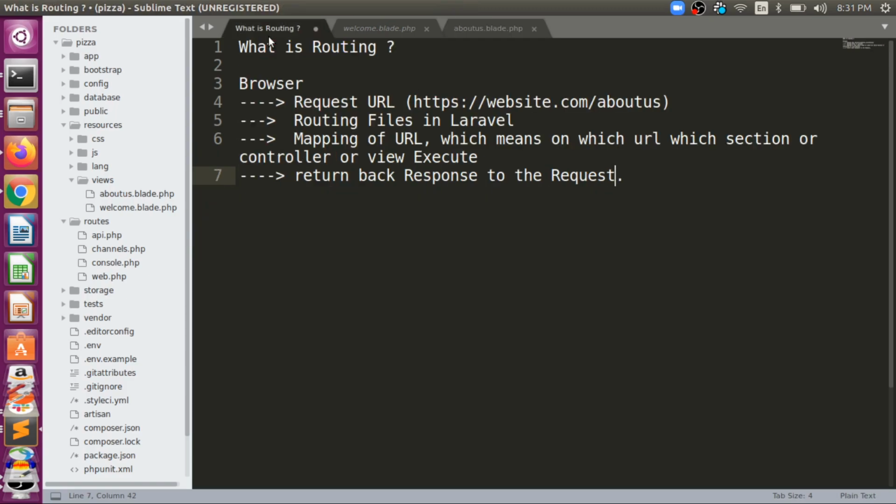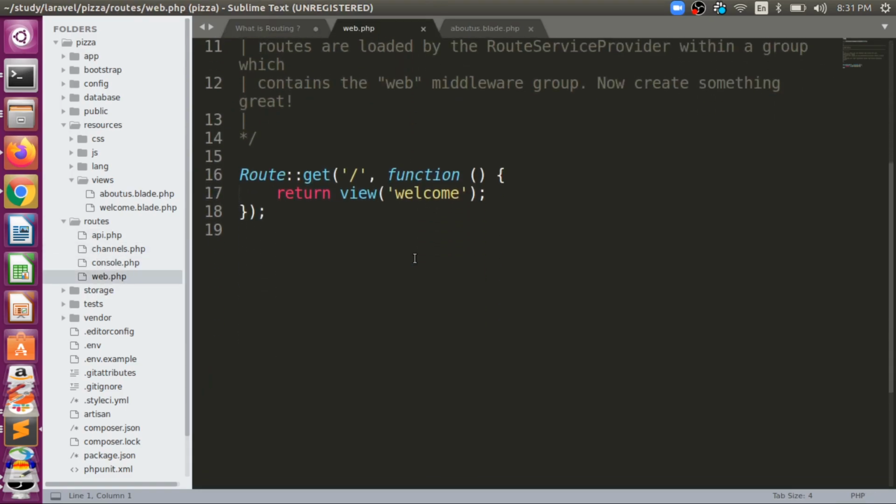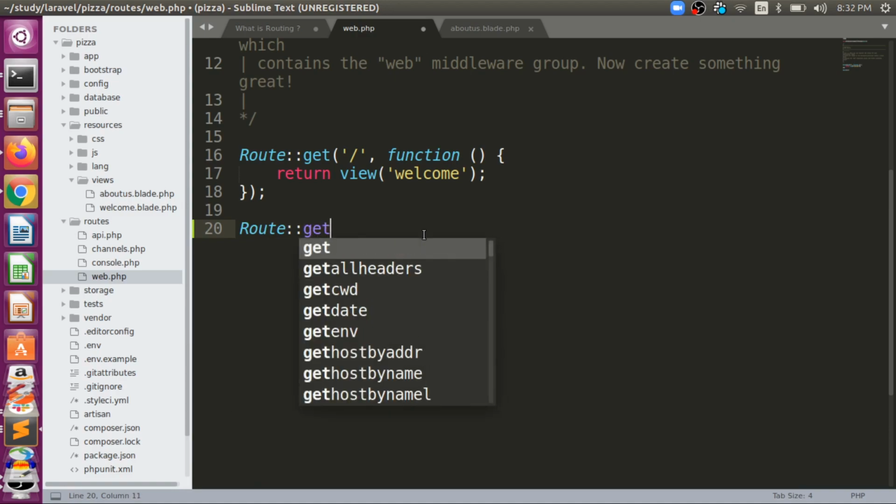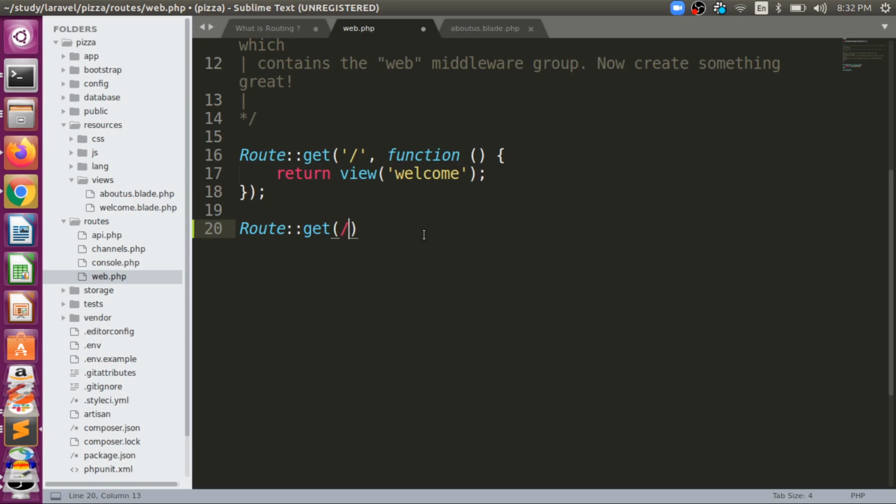So let's create another route now. So I will go into my web.php of the routes directory, right? So here I will create another route. Route is a class, right? And get is a static method, right? Here I will write in single quotes that URL, right? That thing which will come after the 8000, after that IP and my port, that is about us, right? Or you guys can put a hyphen, or you guys can put a capital letter, right? But my suggestion to you guys is to just put small letters here, right?